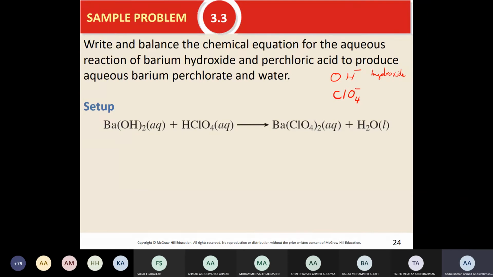itself or by the whole group. We can make the whole group, okay? So in order to make things easy for me, I will use this as a full group. So I want to balance this equation. So what I'm going to do,